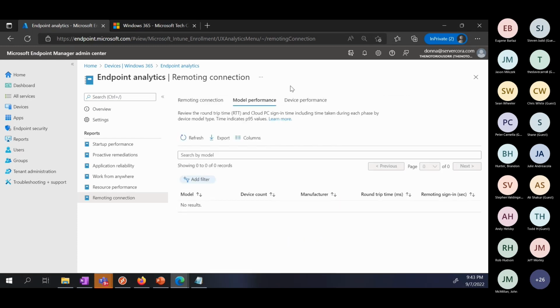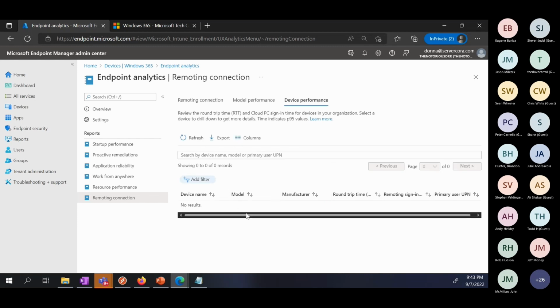We can look at the model, and there's also device info. If I had more in here, and actually we're using, because you need to have certain logged-on time values to start picking this up, and this isn't a demo environment. But you can see individual device performance. So if you can get the user's name, you can find their cloud PC, then you can see what kind of round trip they're getting.